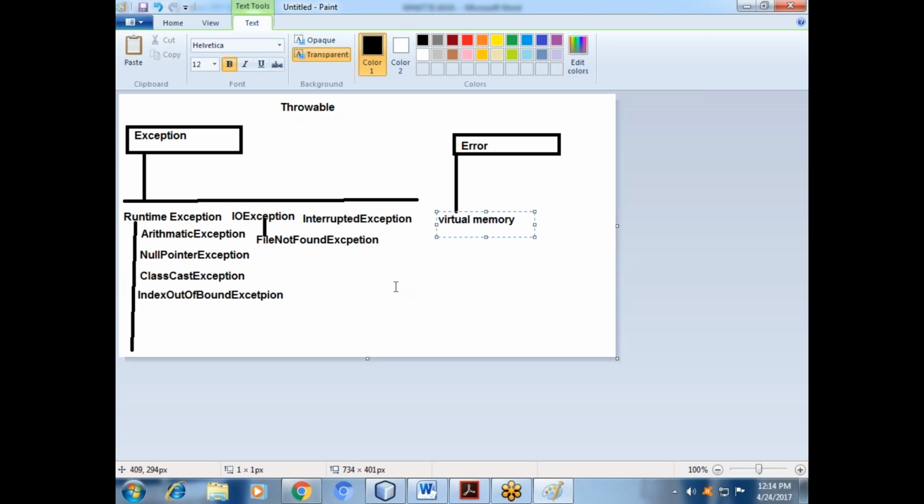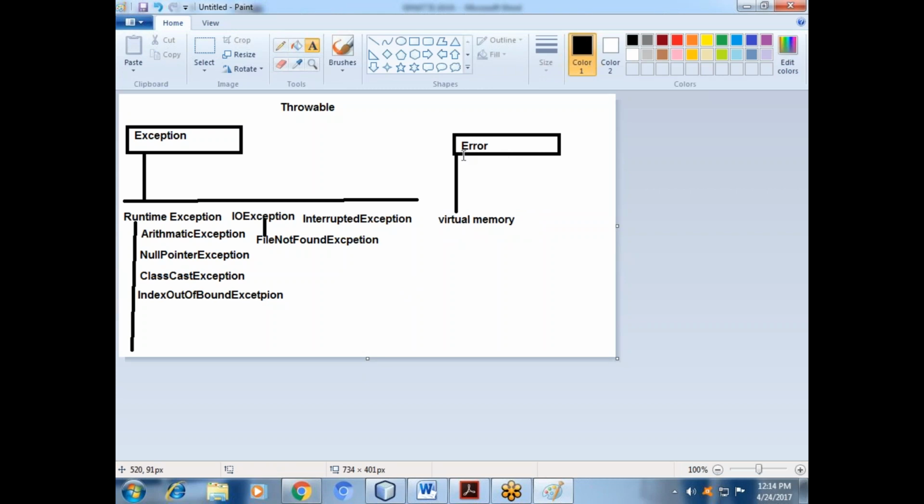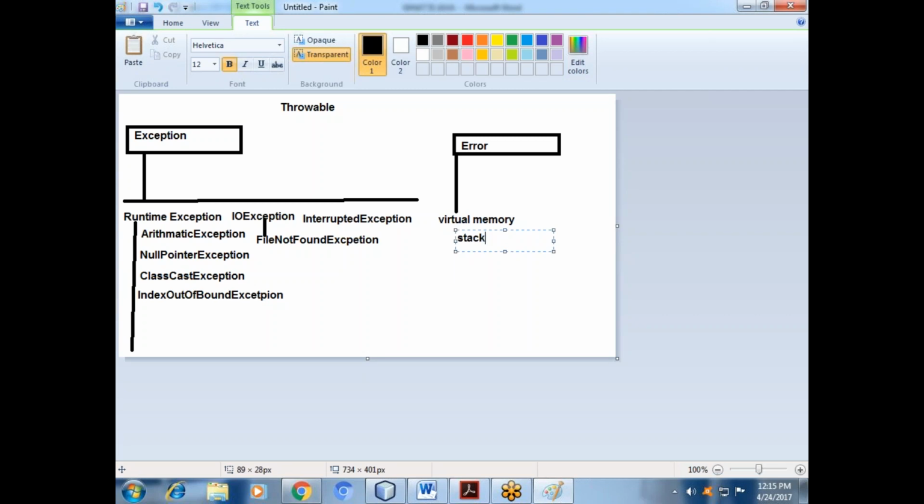Inside the virtual memory, what will you get? StackOverflowError.